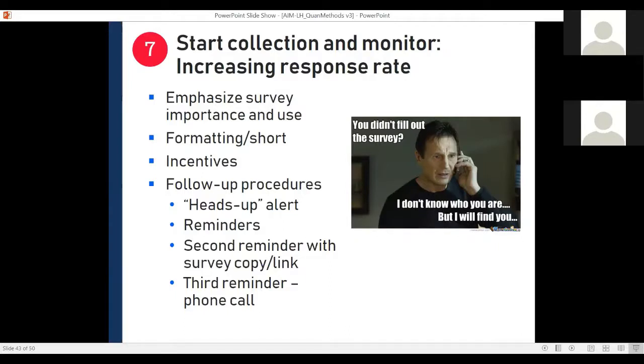So, increasing your response rate, you can do several of these things to try and do that. Obviously, we emphasize the importance to our participants. We keep it really short. We keep it easy to use, user-friendly. If you can provide an incentive, that's great. We use that a lot. Even if you can't provide it to each and every participant, you can enter them into a raffle to win one of a couple gift cards or something like that. And then for us, we do a lot of reminders and phone calls, and that's mainly because a lot of our participant group, we have that information, but that may not be the case.